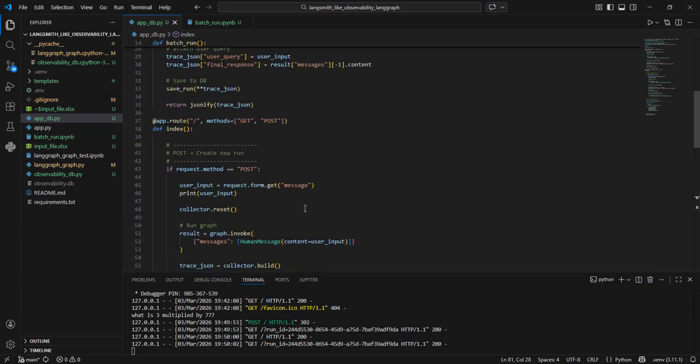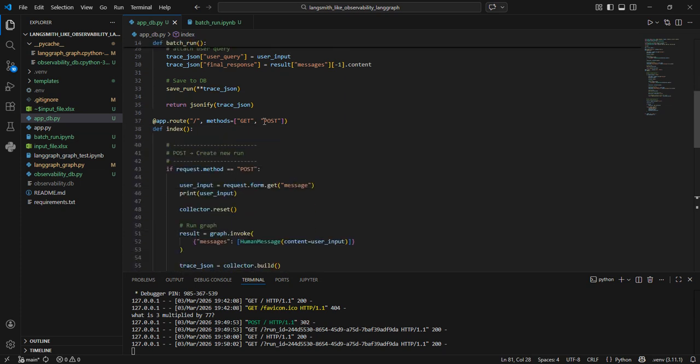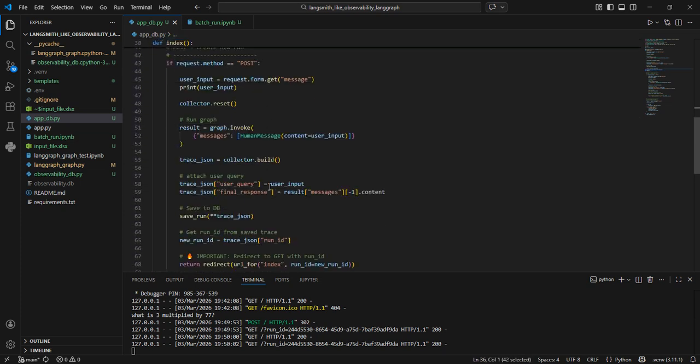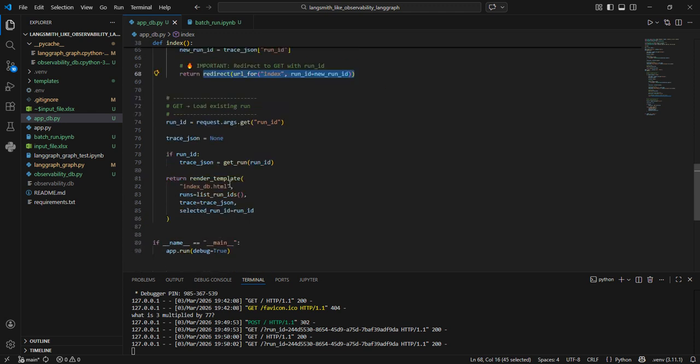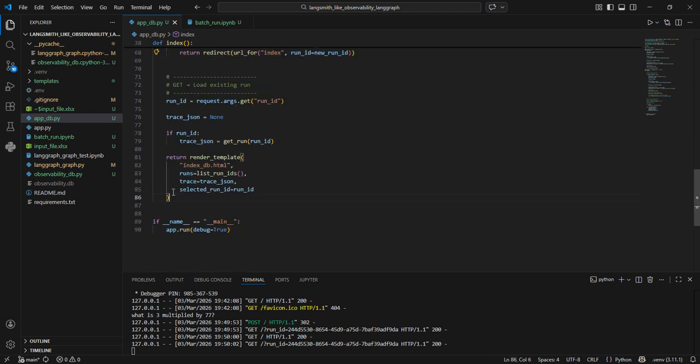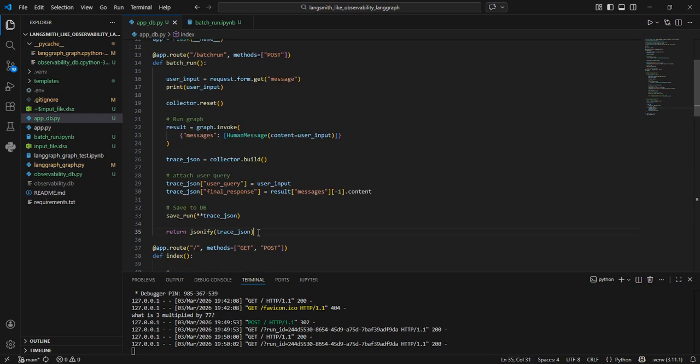So I have created another method in my app.db.py. The reason we cannot use existing endpoints is that none of these endpoints are actually generating an output. This one is redirecting to a new URL and this one is rendering an HTML template. So they are not sending any output as such. But when we use an endpoint as a backend endpoint, we need some output in the form of a JSON from there, right? For that reason, I had to create a new method, which will be called batch run,